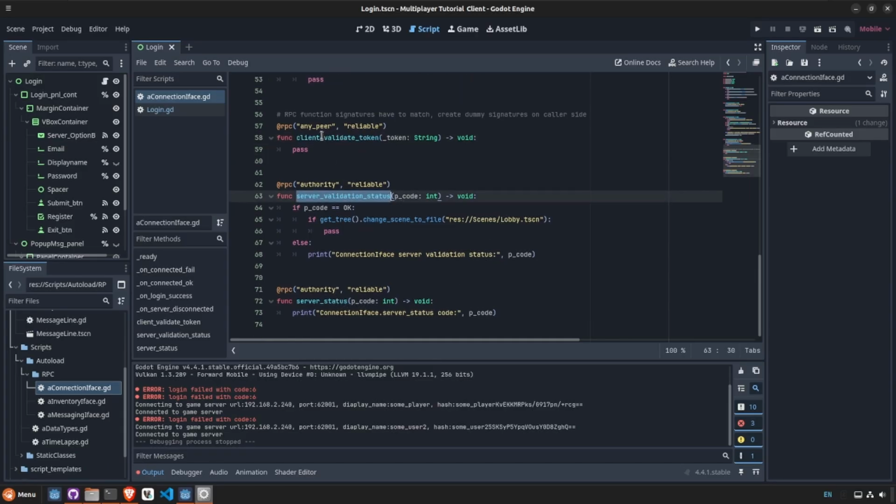These have to exist on the server and the client. If they are not called, as you can see here, what I do is I do client validate token. So this is the client calling the server, sending the token during login. Then the server will call back, call this function remotely, and pass the code,